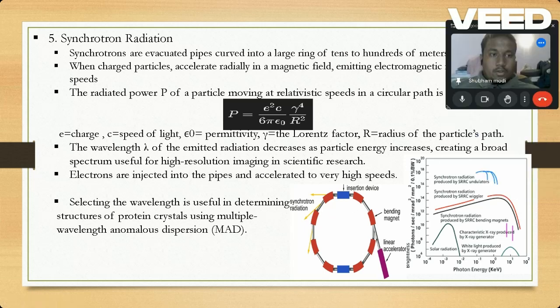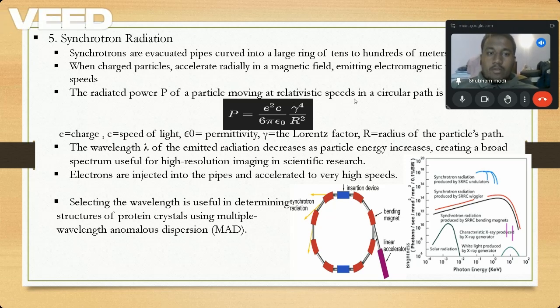The radiated power P of a particle moving at relativistic speed in a circular path can be obtained by this formula, and the wavelength of the emitted radiation decreases as particle energy increases. Means how? As we know, the energy is inversely proportional to the lambda: E equals hc by lambda. And that's why the lambda is decreasing as the particle energy is increasing, creating a broad spectrum useful for high resolution